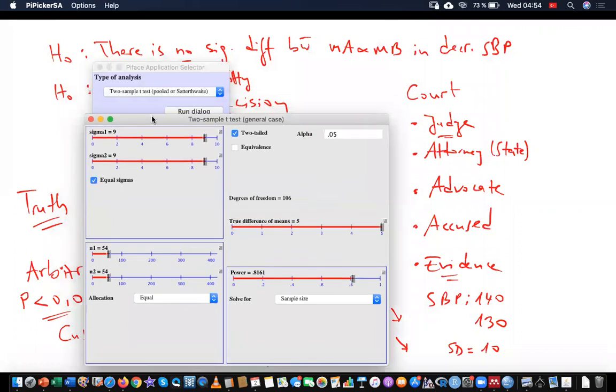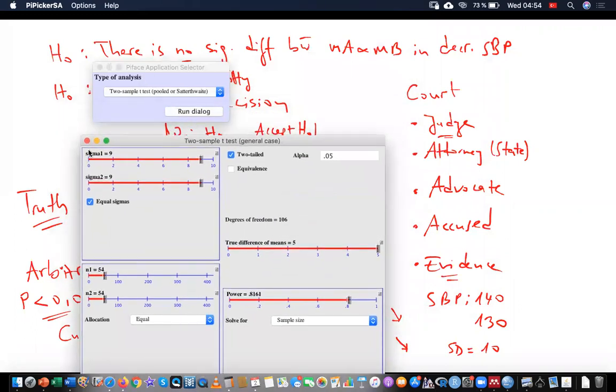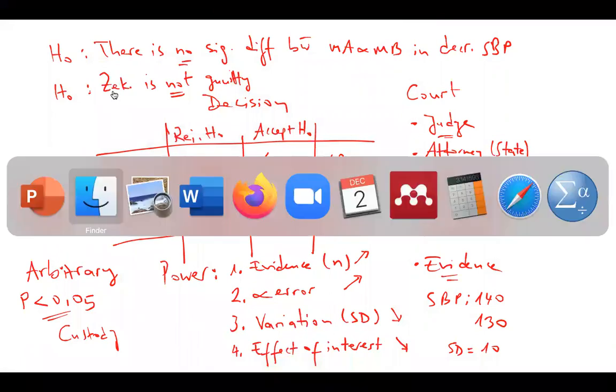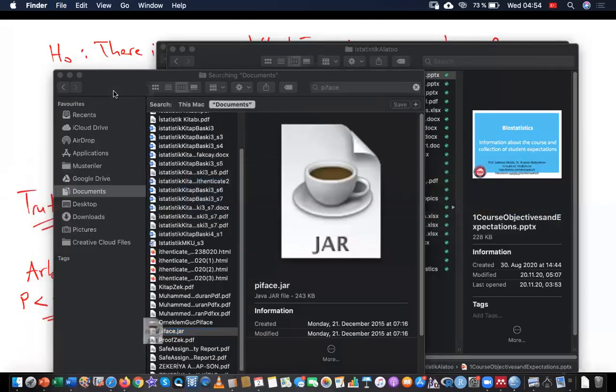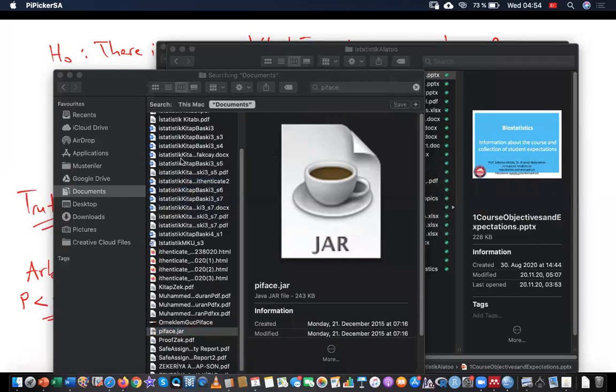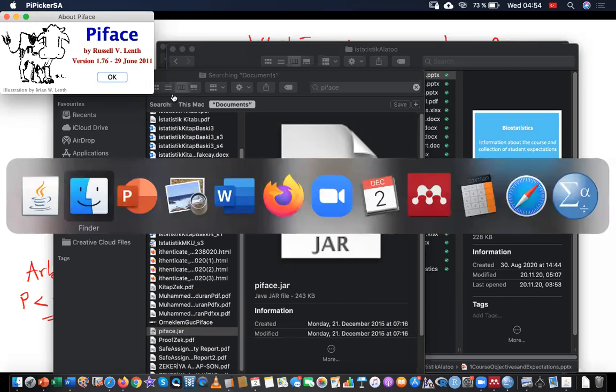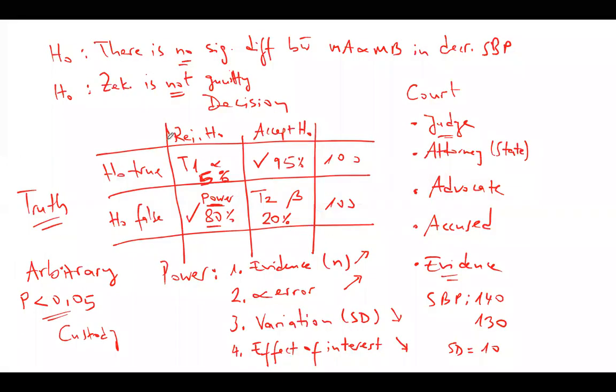So this is an app. You can find it on the internet. Just search for Rusland. Here is the name of this person. Let me open it again. Go and exercise with it. By Rus P-face, they call it. Russell Land or Russ Land. This is the name of the person who developed this application. It is very nice and demonstrative, I think.